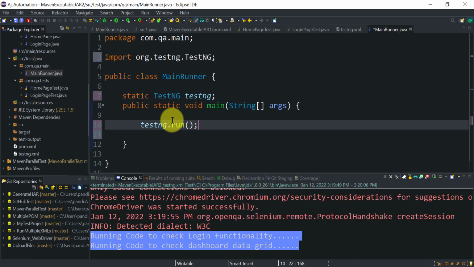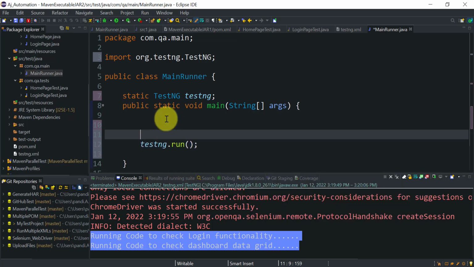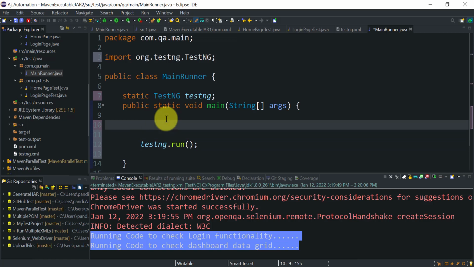Before running the TestNG, I need to provide my XML file details, or your TestNG class details, right? So first of all, let's see how we can run it from the XML file. I will create a path variable here, String path. I need to provide where my XML file is available.